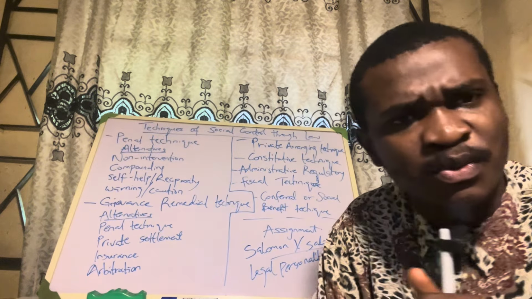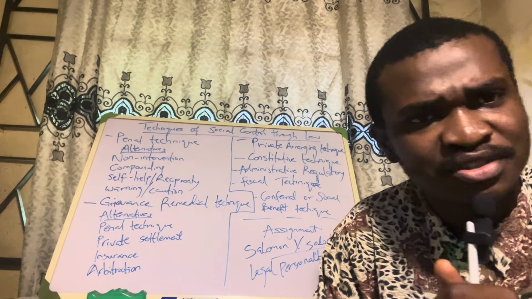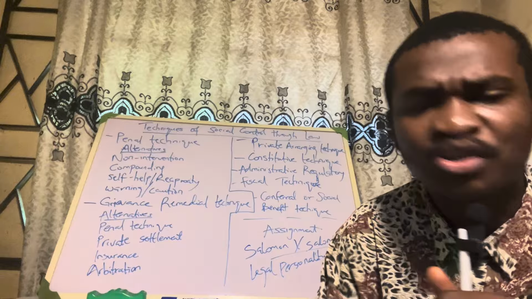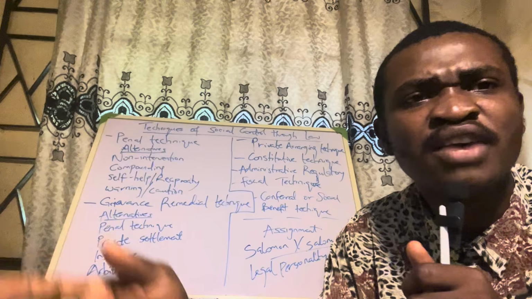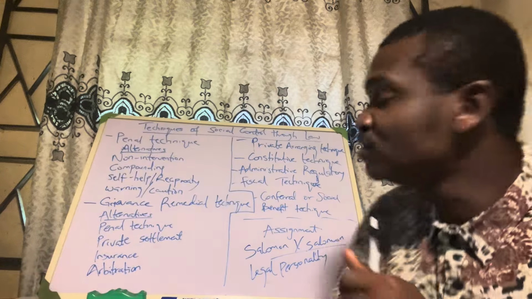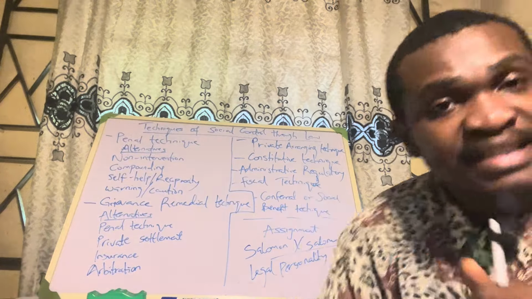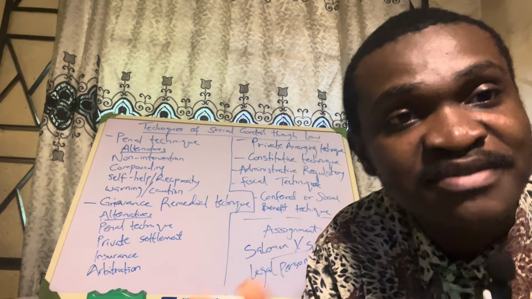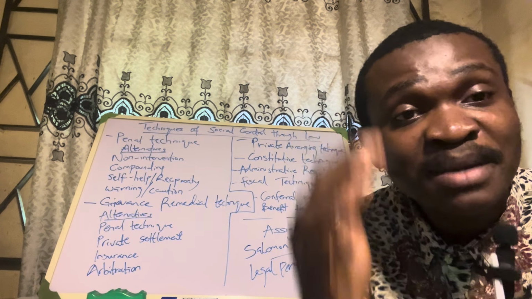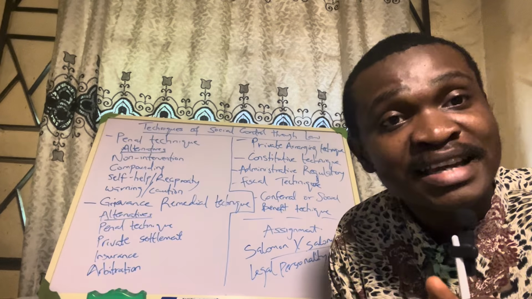Provide these things for these people so that these people will be engaged, so that these people will be living fine. Because most of the times it is frustration that is making these people go into all these crimes and all these behaviors that would be detrimental to other people. So when you now do the conferral or social benefit technique, you use it to make the society a better place for people to live. And when the society is a better place for people to live, then everybody will be orderly.